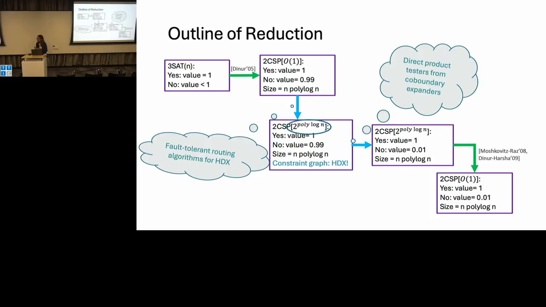But I guess the constraints are described somewhat implicitly. You can't really write down the graph for... oh, right, the constraint. Yeah, constraints actually turn out to be very simple. You have 2 big blocks of polylog n size bits, and you want some symbol here to be equal to some other symbol here.